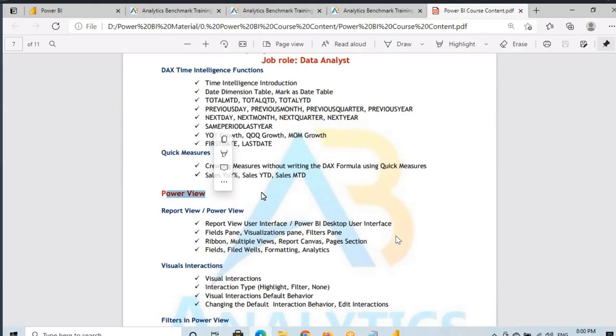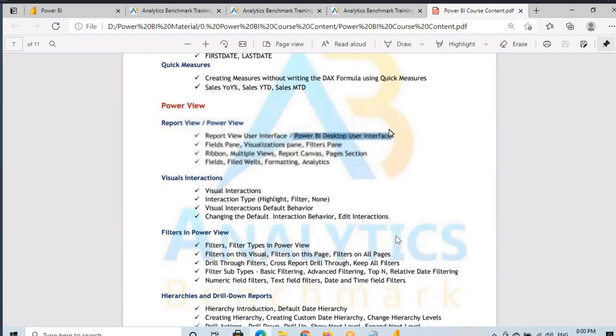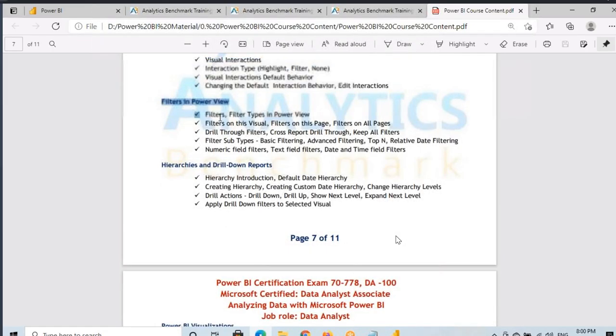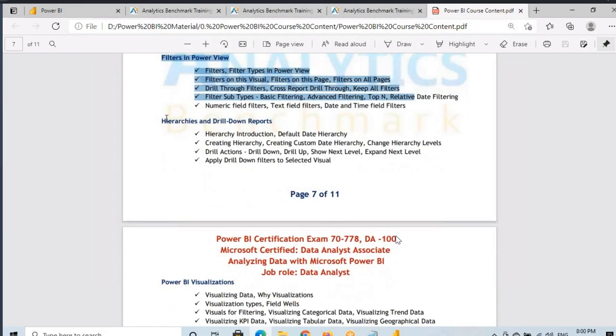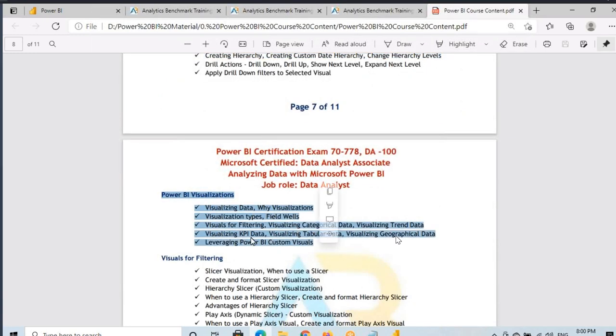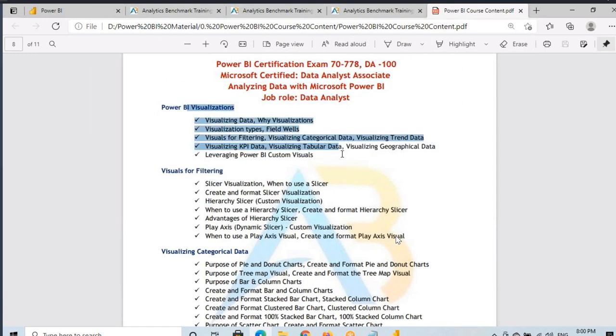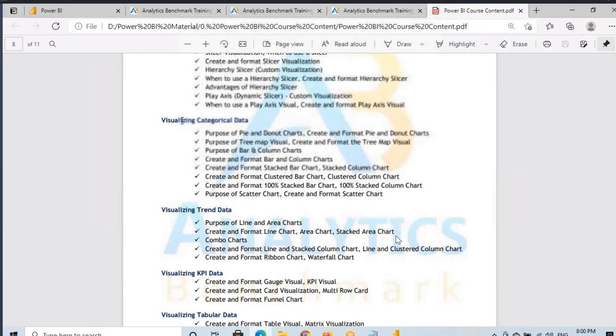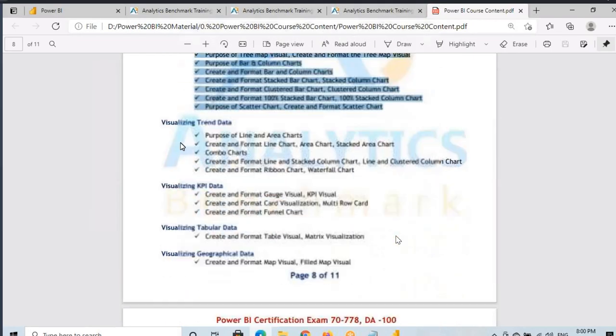First I discussed the Power View introduction, then the Power BI Desktop user interface, then visual interactions, then filters in Power View, then hierarchies and drill down reports, and then some introduction to visualizations, then visuals for filtering the data, and then visuals for visualizing categorical data, and then visuals